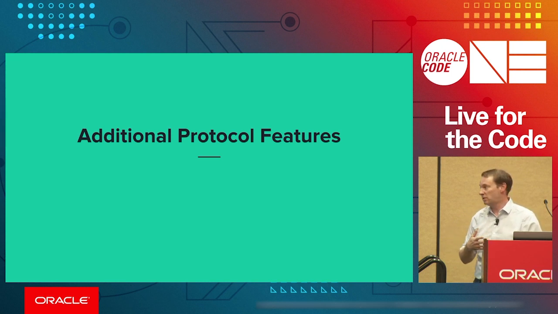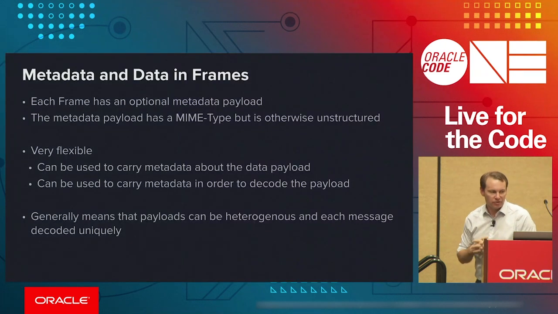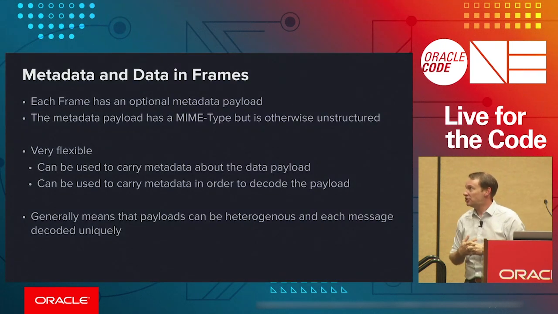Obviously, we talked a little bit earlier about resumability, right? This idea that given a broken connection, both the requester and responder, the client and the server, actually sort of have a coordination and can guarantee that you can bring things back up from the dead. But also, we have metadata and data in each and every frame. So a frame that is sent over, you might think, oh, this just has a JSON payload in it, or it just has a protobuf payload in it, but it also has metadata attached to each one of those frames. And so now we end up with something that's super flexible.